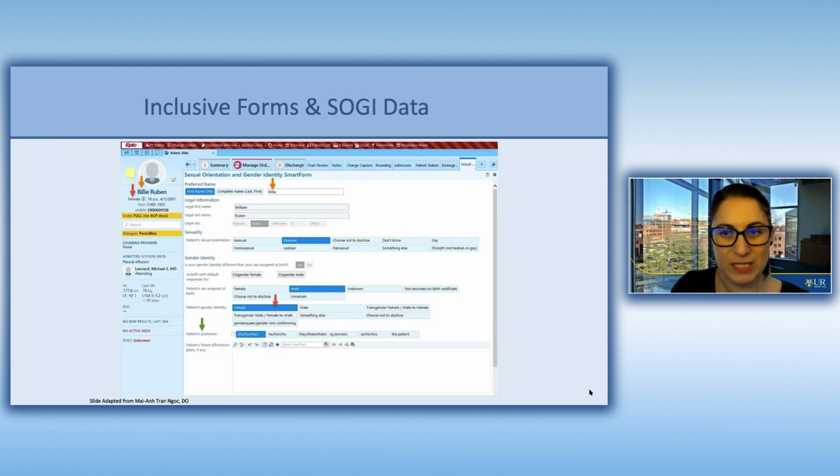This is a dummy patient of ours in our EHR. You can see that there's ample space to put lots of information if you want and if the patient wants. So it's really important also, especially if you're doing this within an electronic health system that the entire institution may be able to see, to check with the patient that it's okay to put this information there, because they may feel comfortable potentially sharing this information with you, but maybe not the whole institution.